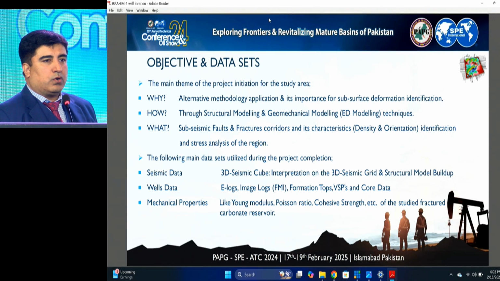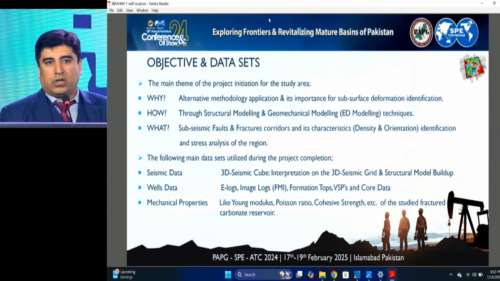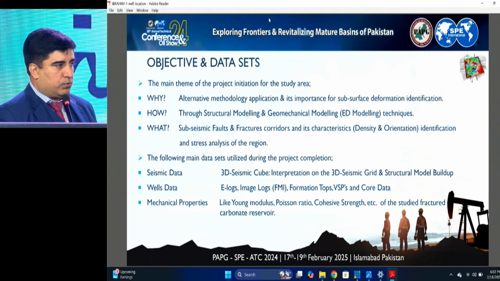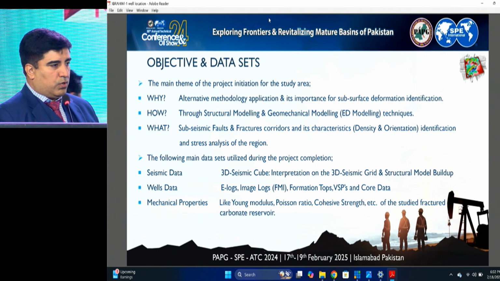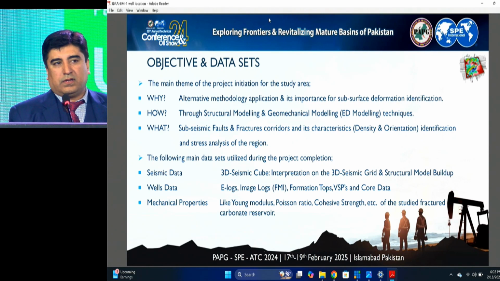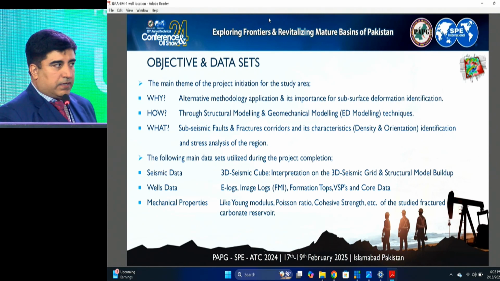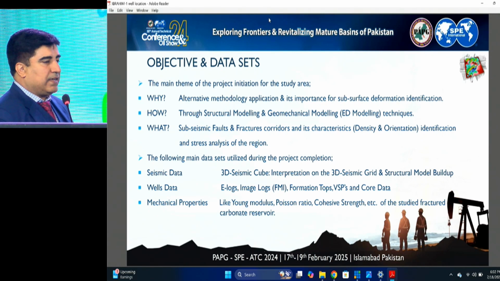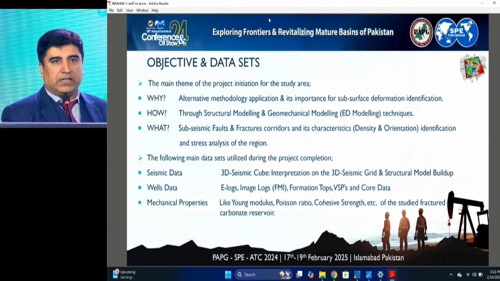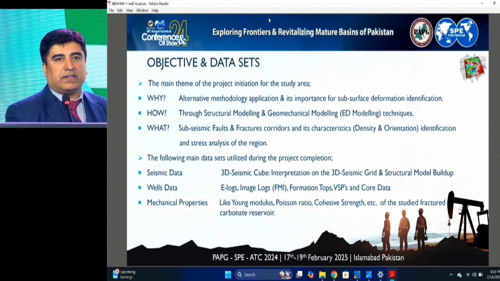These fracture corridors are identified through a different methodology. Normally, we identify the fracture corridors through e-logs, core analysis, and outcrops. But this methodology is somewhat different from the ones which I have mentioned. So the basic idea is an alternate methodology, geomechanical modeling, for the fracture corridor identification in the complex compressional tectonic zone of